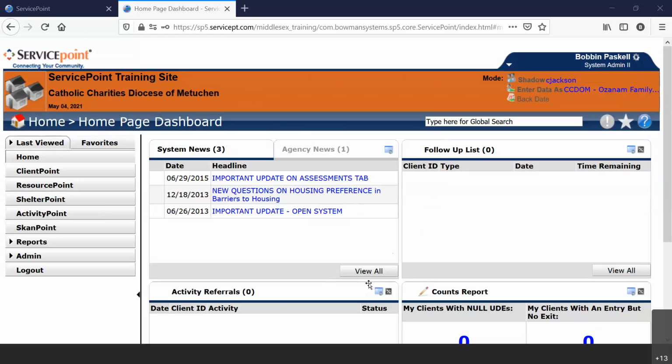If that is the same client, and the way that you can verify that is by looking across the screen and you'll see the last 4 digits of the social security number and the client's date of birth, and whether or not the client is a male or a female. So you can use those to make your best guess if that is the same person or not. All right, if it is the same person, then you're going to click on the pencil to the